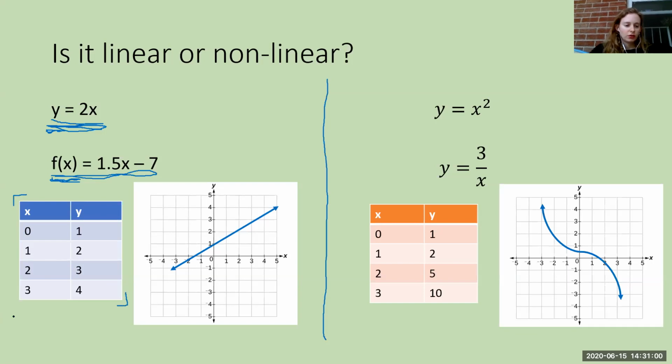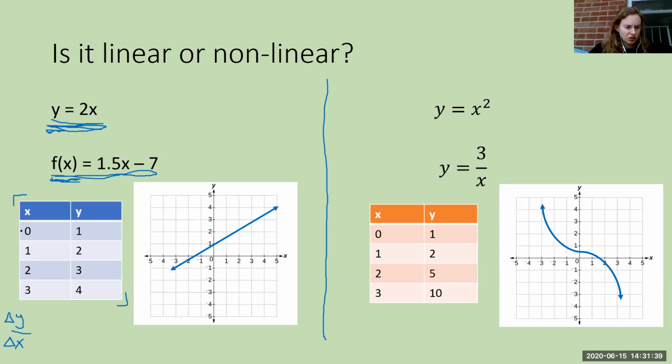rate of change. So if we were to compare the change in y to the change in x, I'm going to use this little triangle symbol here to represent change. So that triangle y, I'm just using that as shorthand for change in y, and then change in x. So if we look at this table and we determine the change in y compared to change in x, we're going to see that it's the same always. It never changes. So what do I mean? Well,